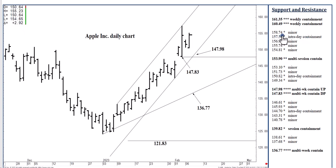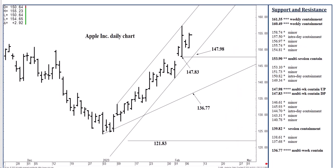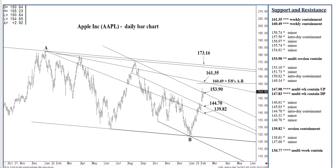157.50 is an intraday resistance area. I probably should mention that. If we happen to push through 157.50, we just might reach that low 160s within the day. I don't expect to see that actually. I think what is likely is holding above 153.90, 157.50 in reach, where we could top out through the rest of the day. If we close today above 157.50, 160.49 to 161.35 likely tomorrow, where we could top out through